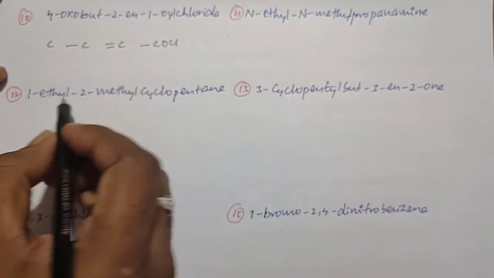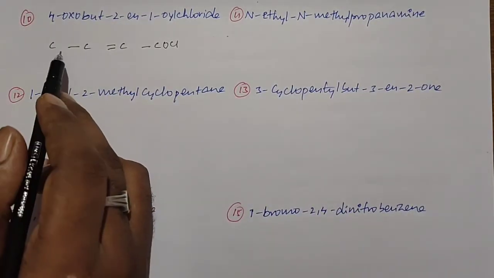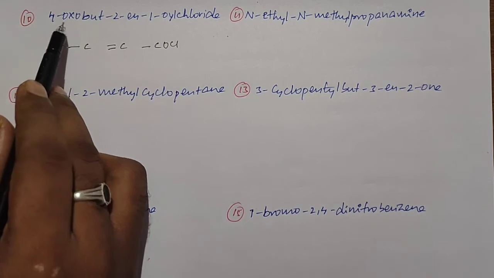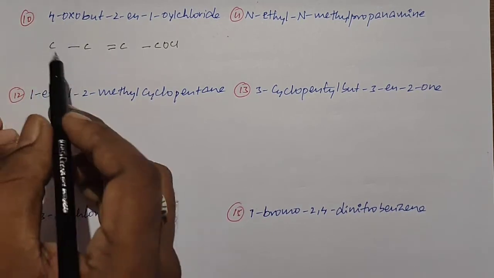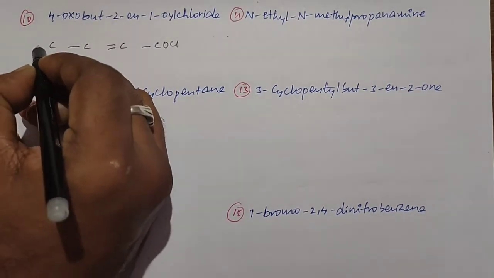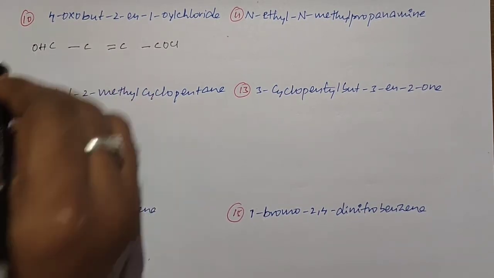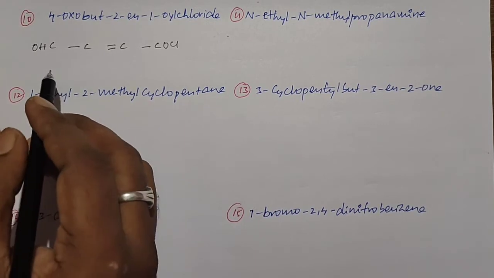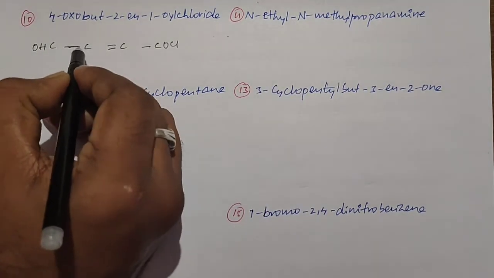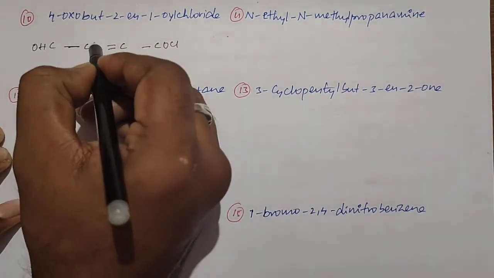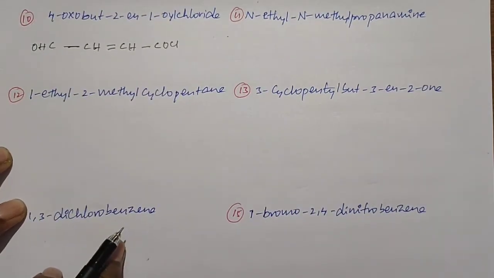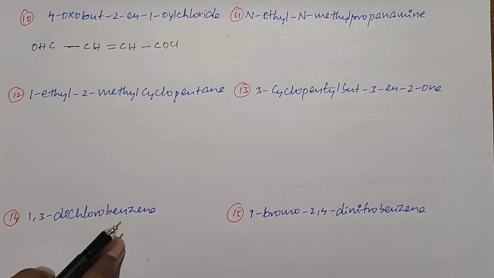So at the first carbon we take COCl, and a secondary functional group is present at the fourth carbon. They have given 4-oxo, and oxo is an indication of an aldehyde. Now we fill the remaining valency with hydrogens. The valence is satisfied here, and here 1 hydrogen is required. So this is the structural formula of 4-oxo-but-2-ene-1-oyl chloride.